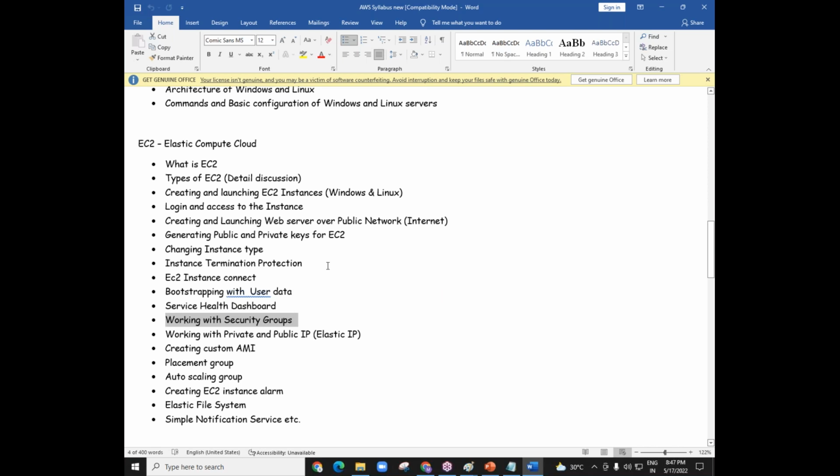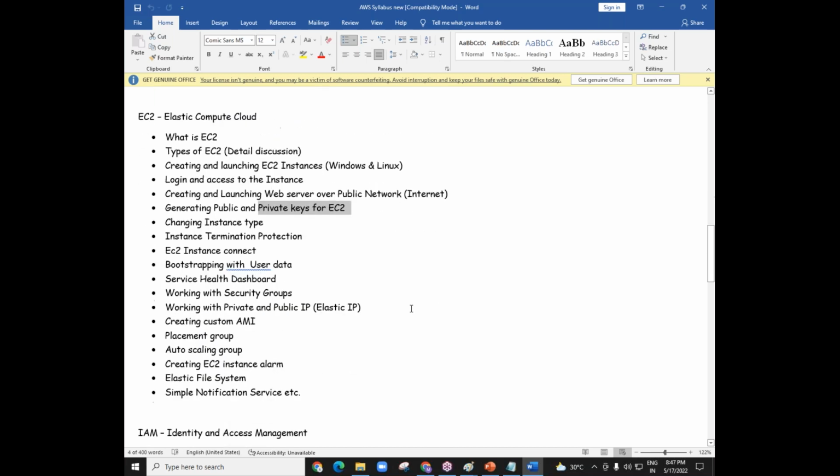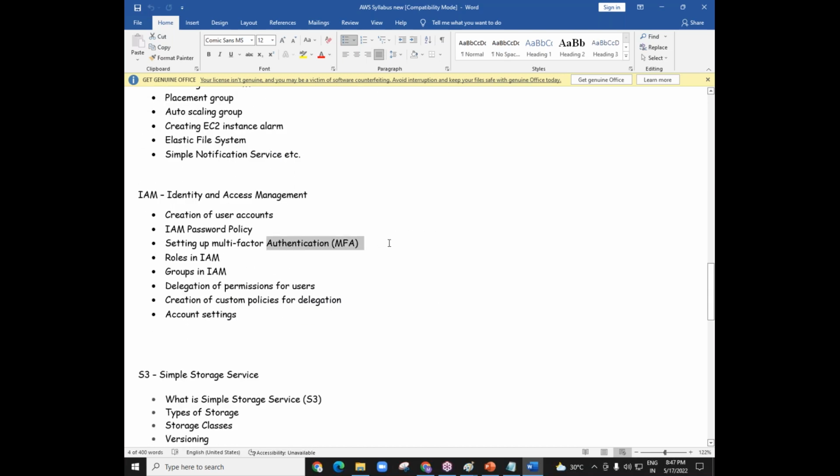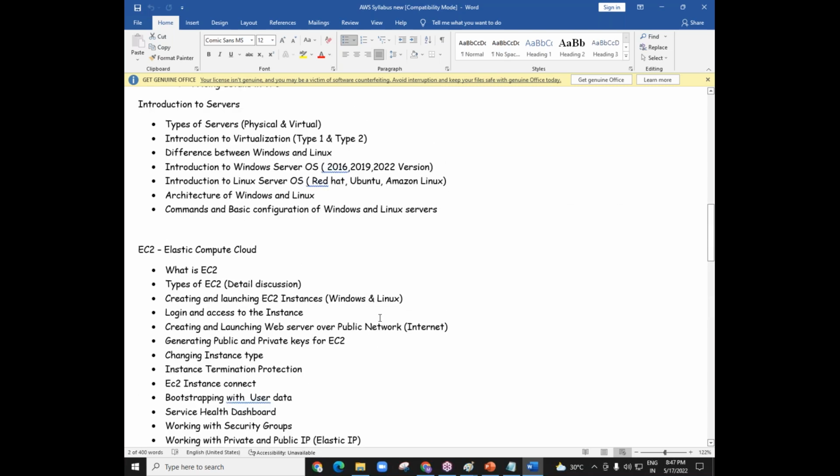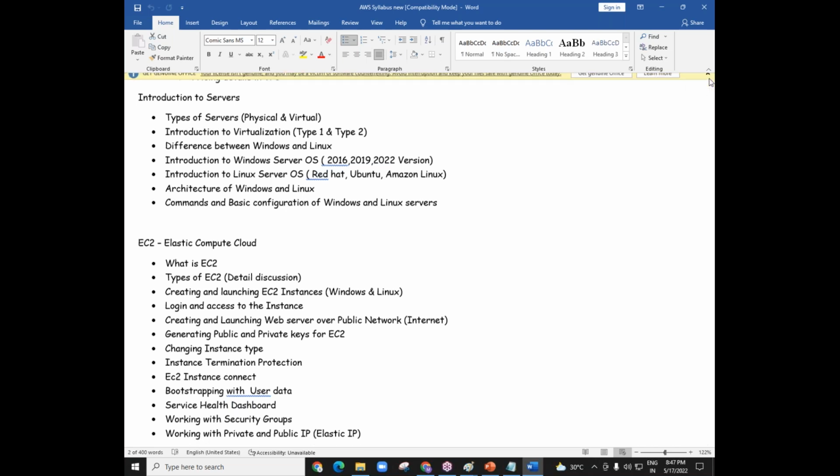Okay, and there is something called keys, public and private keys. Because of these public and private keys, it is more secure. There is something called multi-factor authentication. Because of this multi-factor authentication, it is more secure. So there are many ways of providing security. So as of now, no need to worry about security and all those things. Just try to understand the technology. This is one of the most successful technologies we have. Cloud computing is present, and cloud computing is the future, my friend.